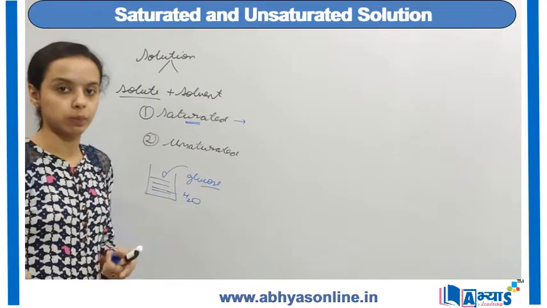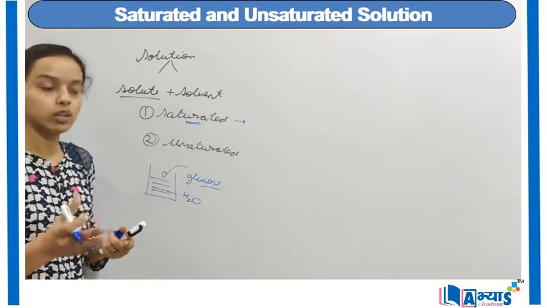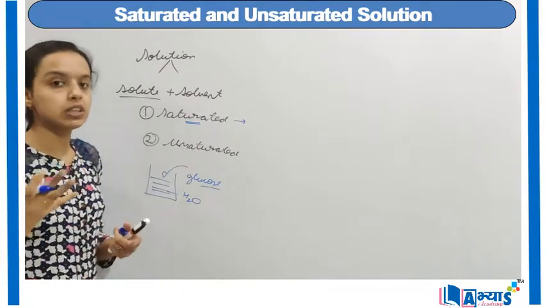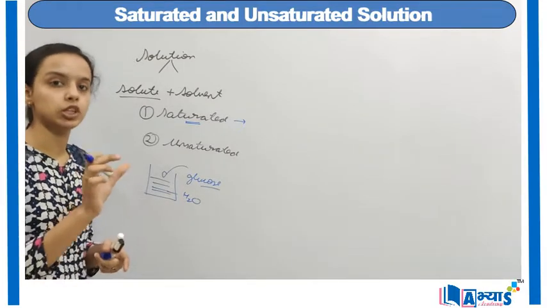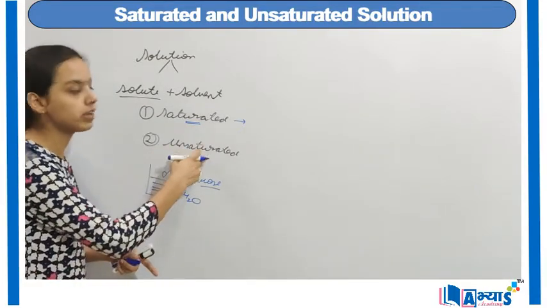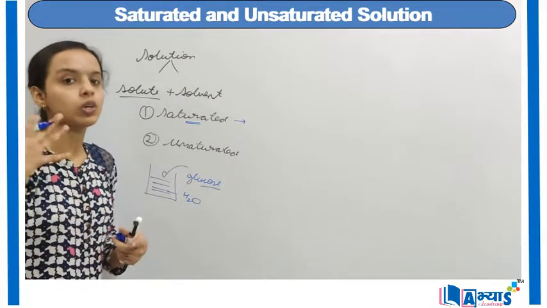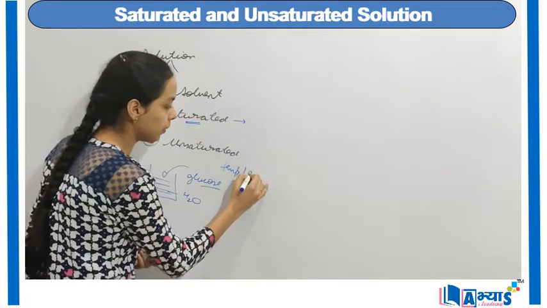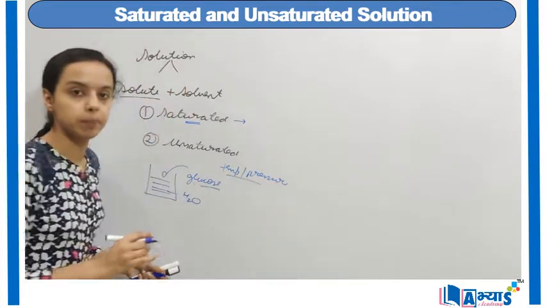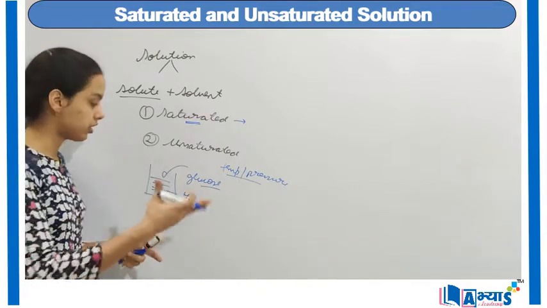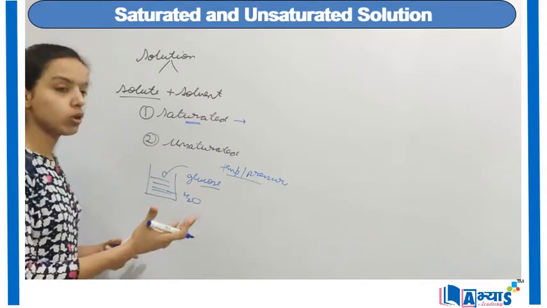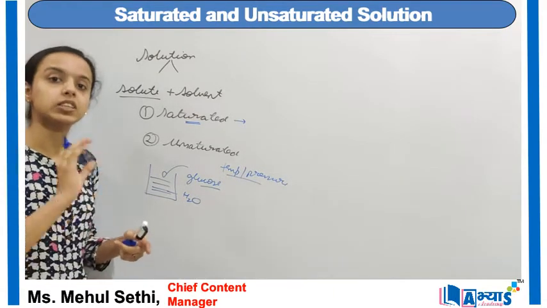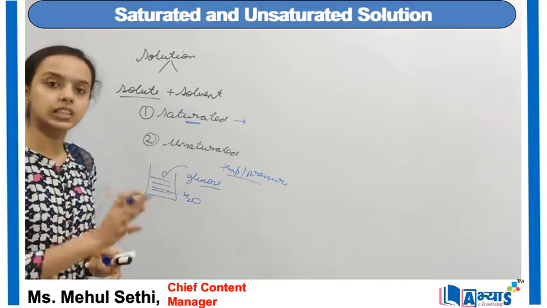mixing into the water. That means if I am adding the solute at the same temperature and at the same pressure, and it is mixing with that solvent, that mixture, that solution is known as an unsaturated type of solution. That means more solute can be added to that solution if the temperature and pressure remain the same. However, a stage will come after repeated adding of sugar or glucose, a stage will come that no more solute can be added into that solvent. That means it has reached its maximum capacity or maximum solubility.